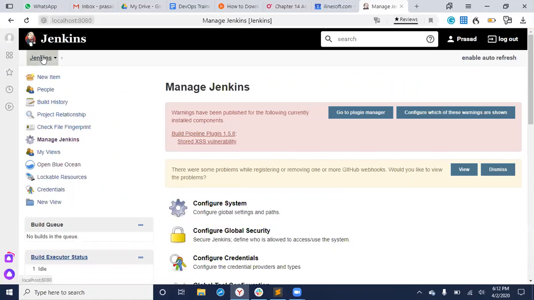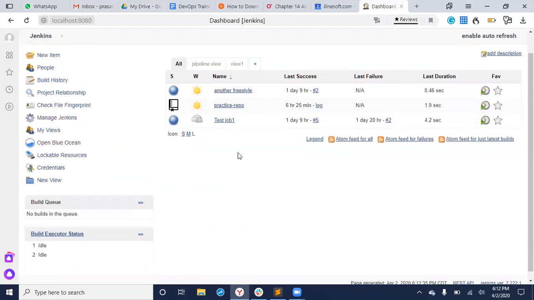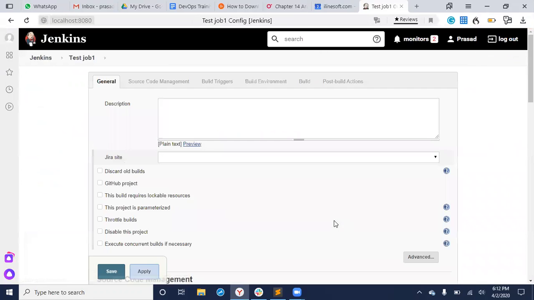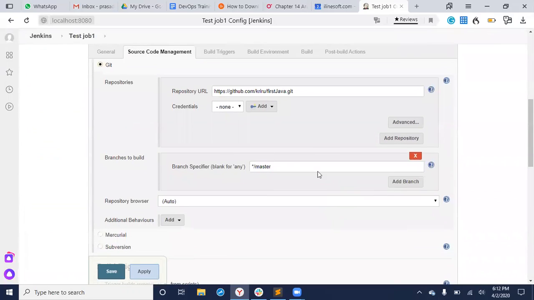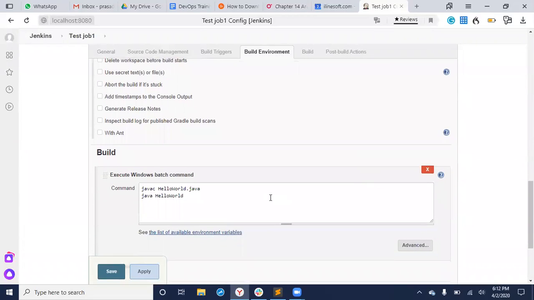So basically when we are in Jenkins, let's say I go to some job. I created a simple test job. What this job does is just run Java compilation. It just runs 2 steps. I took the same Java GitHub project, then I created a simple job. These steps manually compile the Java and run the Java.